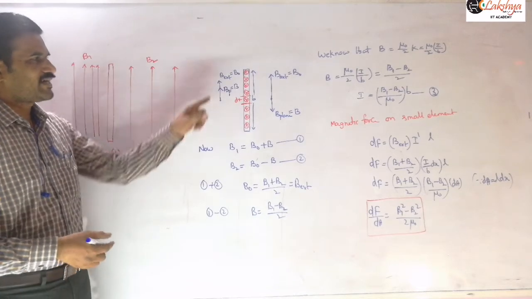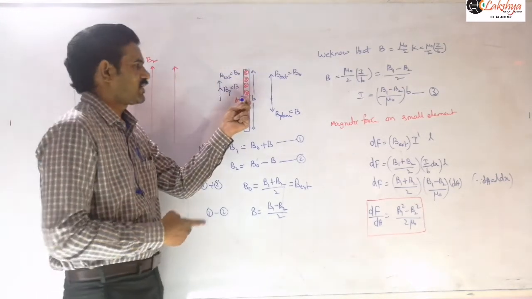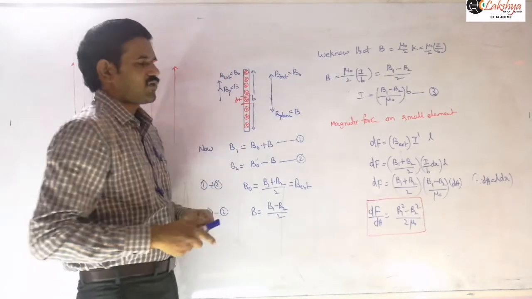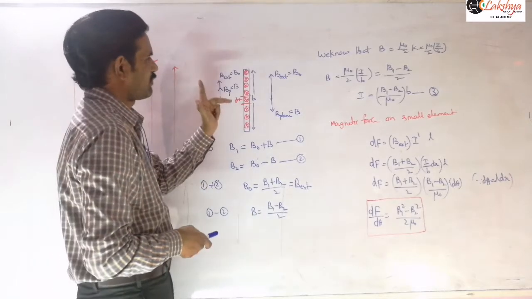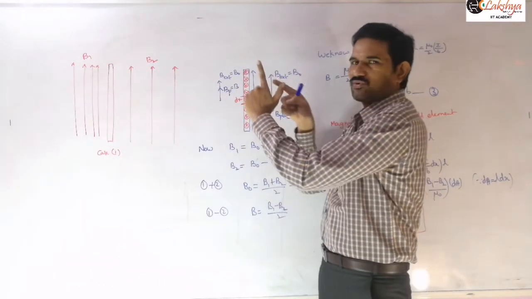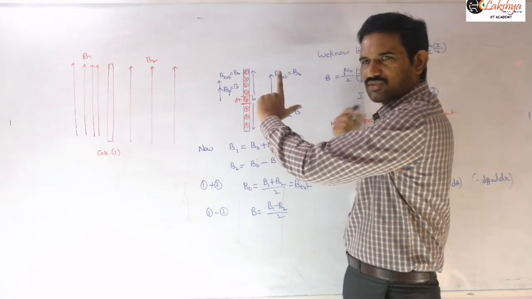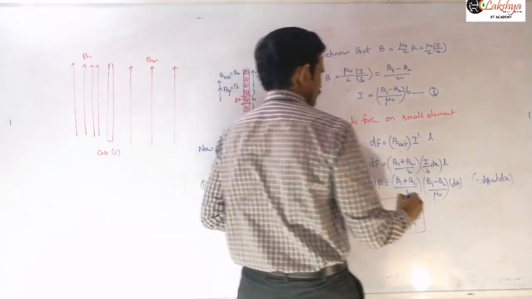So that you can decide after concluding the direction of this current here. Current is flowing into the plane and the magnetic field is upwards in this plane. Now we can apply our left hand rule: the field is upwards and the current is flowing into the plane. Then the thumb points like this, that means it is towards right. So the force is acting towards right here.